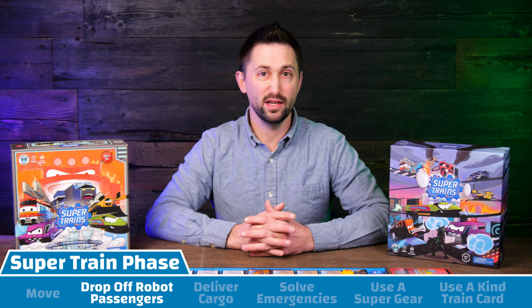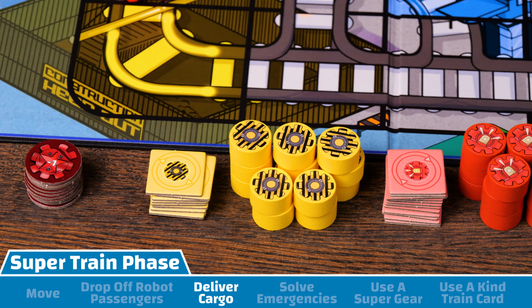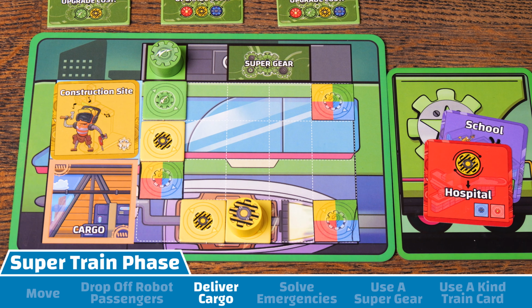Similar to your passengers, you can also deliver cargo to locations on the board. Cargo, however, requires gears. Simply move to the location shown on the cargo card and remove the matching gear from your train board, returning it to the supply. Move the cargo card to your star caboose. If your card showed gear generators as the reward, take the matching gear generators from the supply and add them